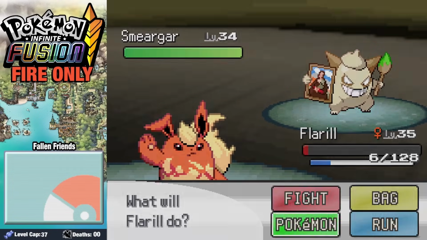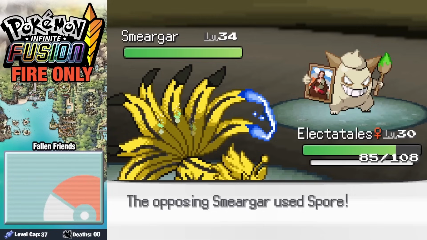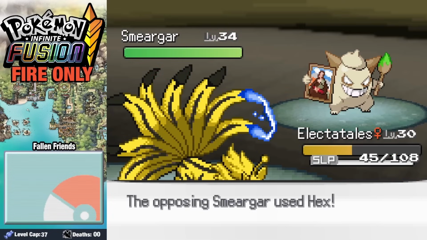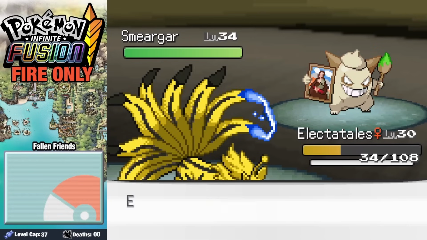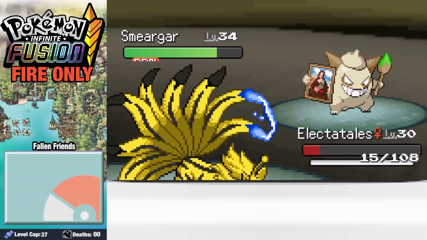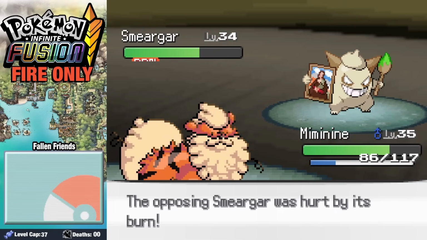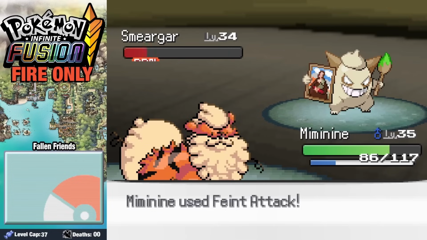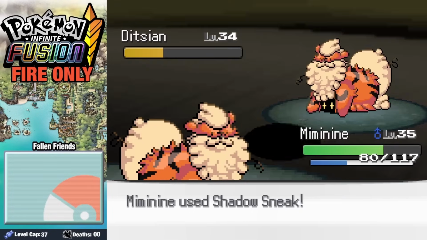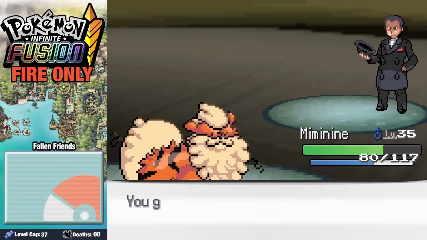Smeargar is out now, and I'm looking pretty bad, sending in Electatails. Hex does basically nothing before he spores on the next turn. Following up with another Hex, we get down really low, but then we manage to wake up, getting off the burn. Another Hex leaves us at just 15 before swapping into Mimiknife, who's our last healthy Pokemon. After one attack, we take it down, leading into Disdain, but thankfully, 2 Shadow Sneaks, and we barely beat Giovanni without any deaths. Team Rocket then packs up and leaves, and it's time for us to face off against Erica